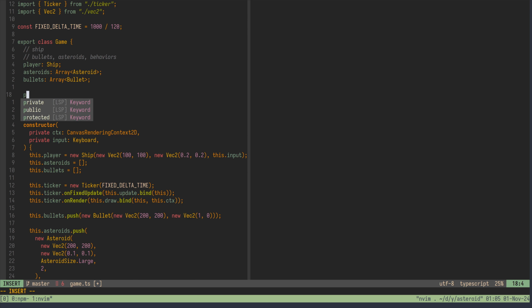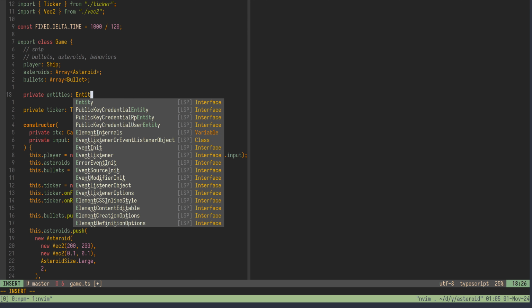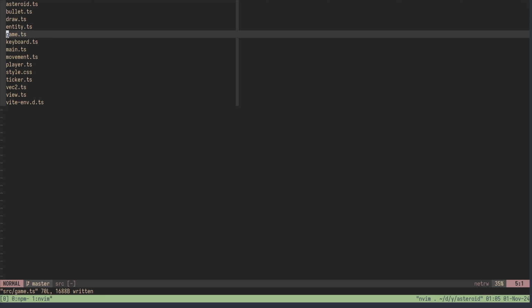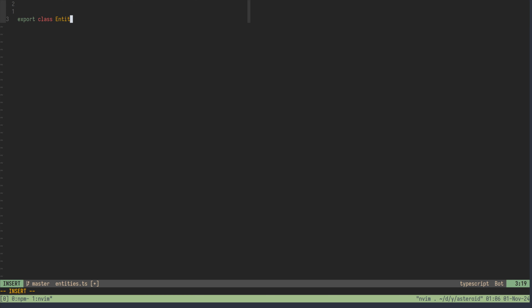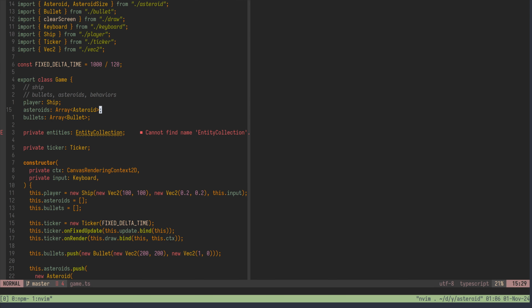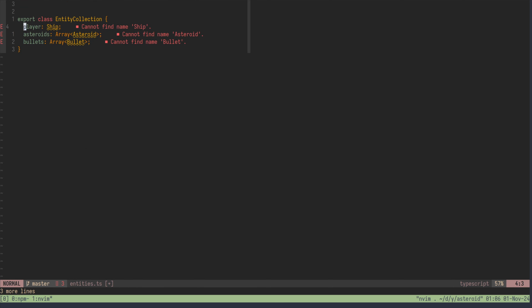So we will say private entities as a new class. Let's call it entity collection, and let me create a new file called entities. Yeah, that's fine. And then I'll create a new class called export class entity collection, and in here I'll have the same thing I had over there. So I go back to my game, copy this, paste that here,